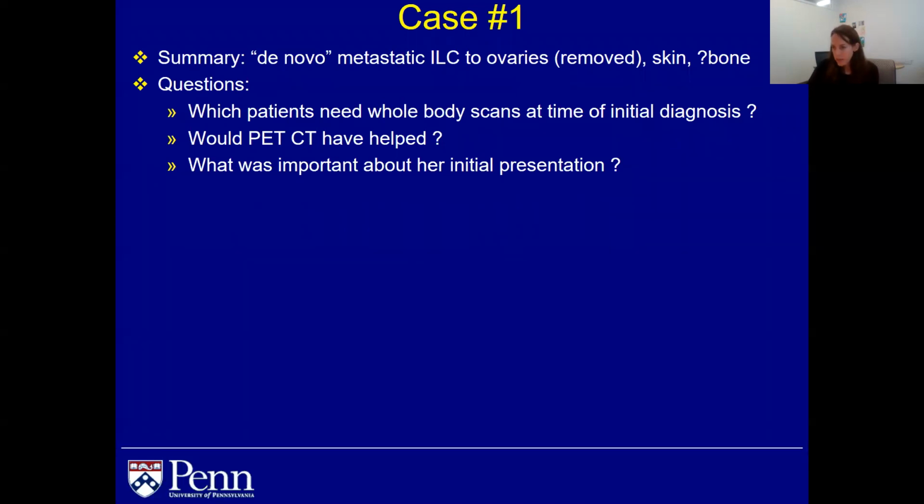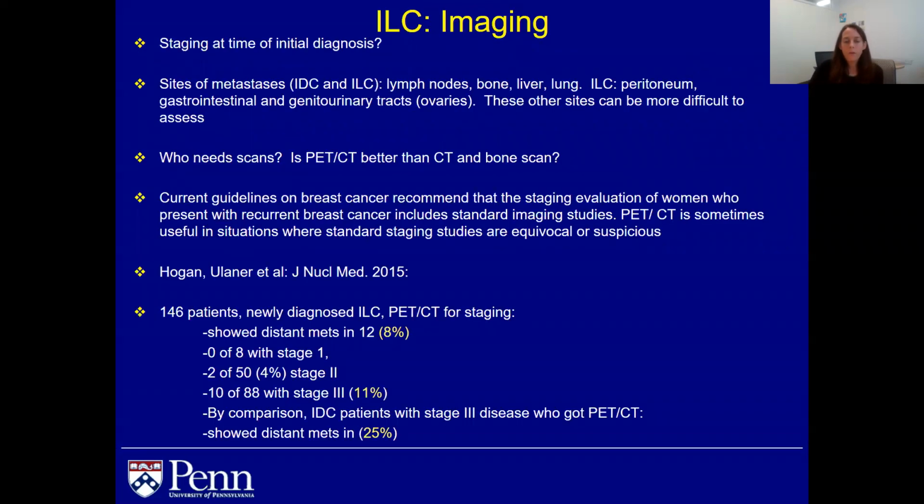In this particular case, we did not see much on her CAT scans or her bone scans, so would a PET CT have helped? What was important for the doctor to listen to about her initial presentation that led to the scans? So in terms of who needs staging at the time of their original breast cancer diagnosis, we know